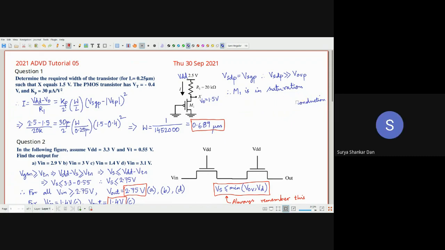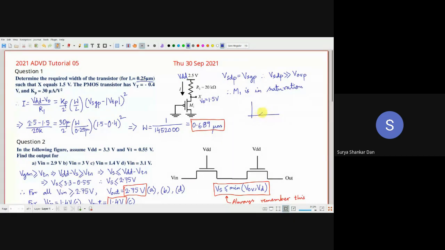No, okay. So just keep in mind that in earlier days, for example, when we were working in 250 nanometers or so, 20, 30 years ago, people never bothered about subthreshold leakage. We used to say that if VGS is less than VT, that means the transistor is switched off. In this case, this is a PMOS, so we will write VSG has to be less than mod of VT P. Under this condition, what we have discussed is that this is in cutoff. Cutoff means there is no current.